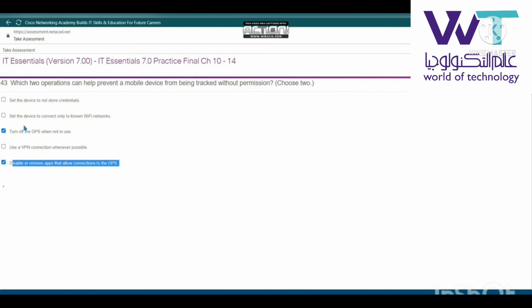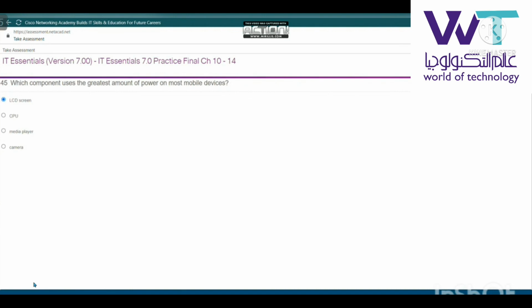سؤال 44 واللي قبل الأخير. What are 2 potential risks that could result from rooting or jailbreaking a mobile device? هتبقى enable application access to the root directory, and possibly creating or maintaining sandboxing features. السؤال اللي بعده Which component uses the greatest amount of power on most mobile devices? هتبقى LCD screen. كده يبقى احنا حلينا 45 سؤال